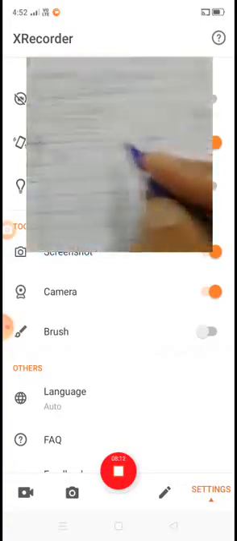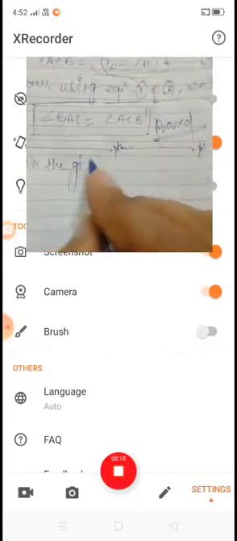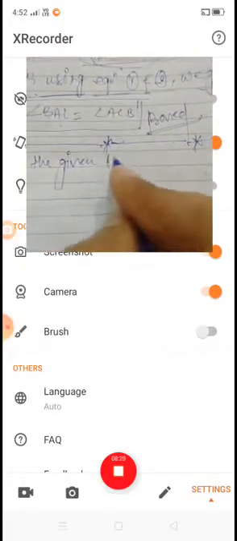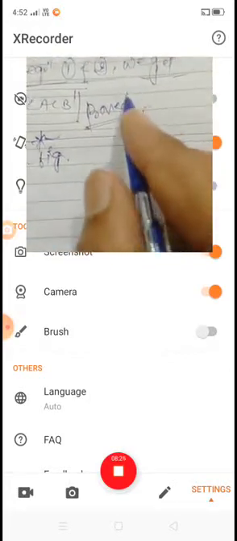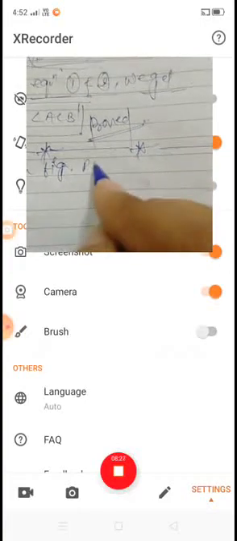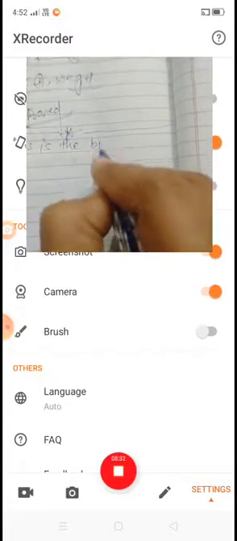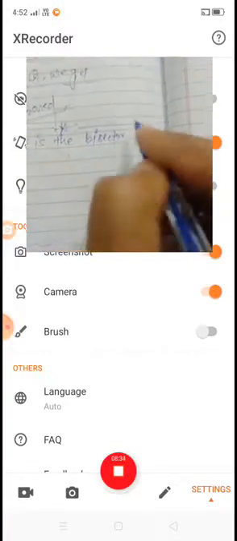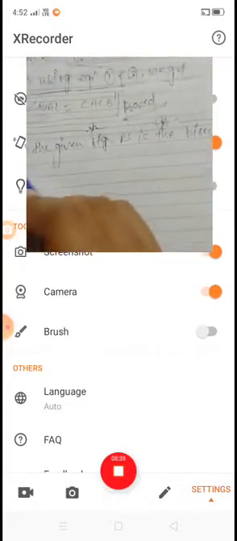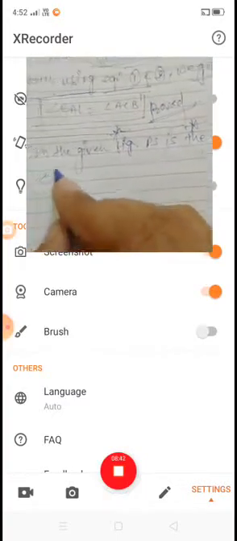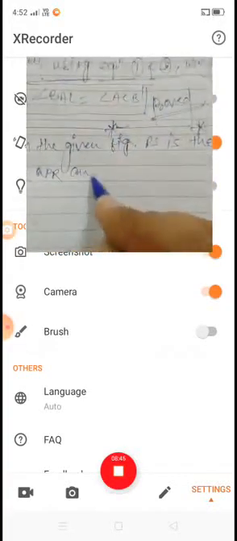Okay, in the given figure, PS is the bisector of angle QPR. Okay, and